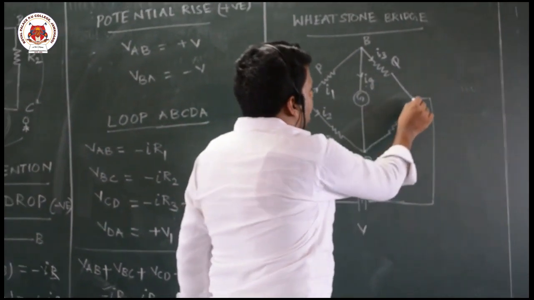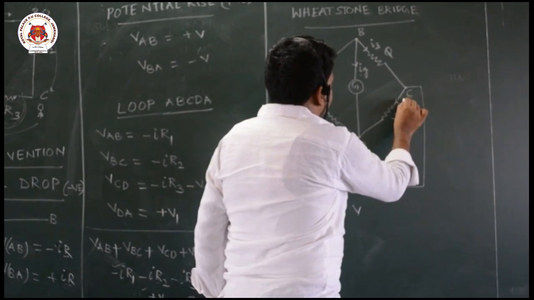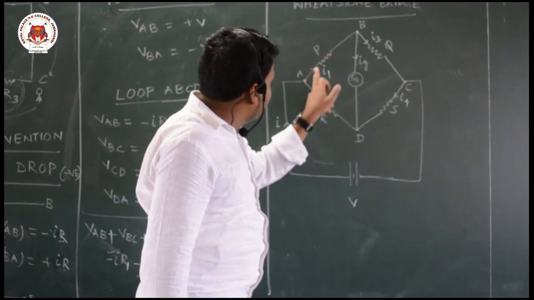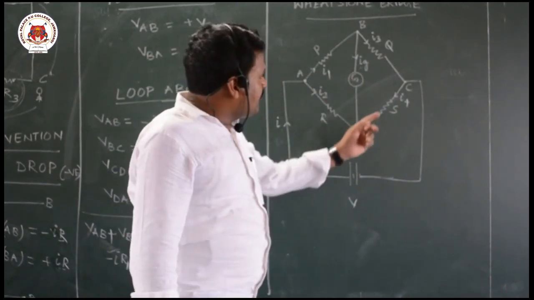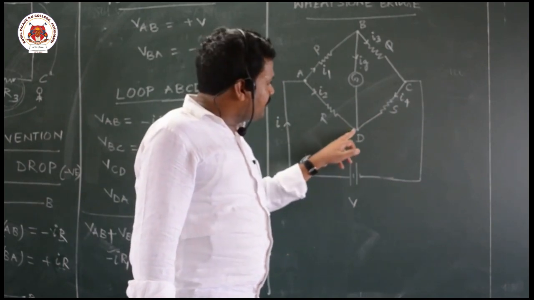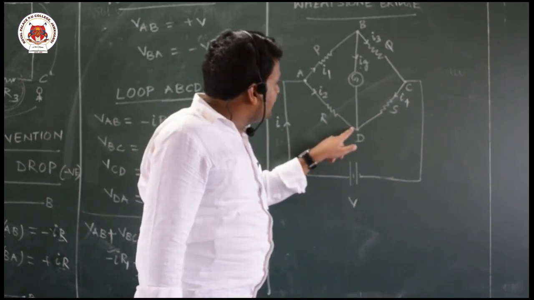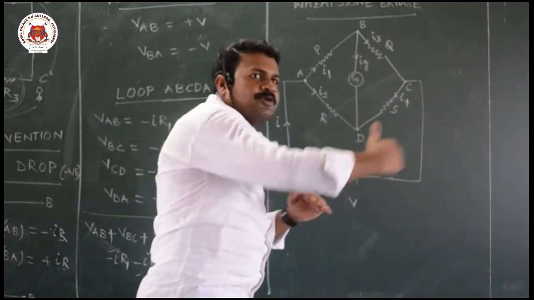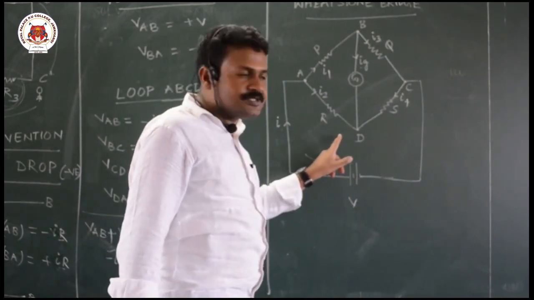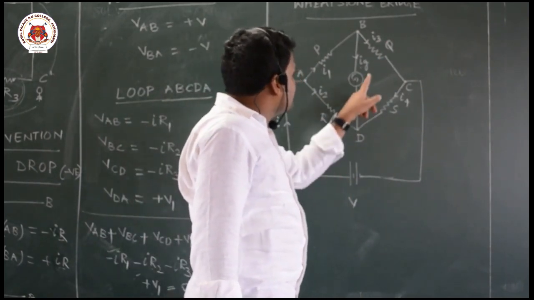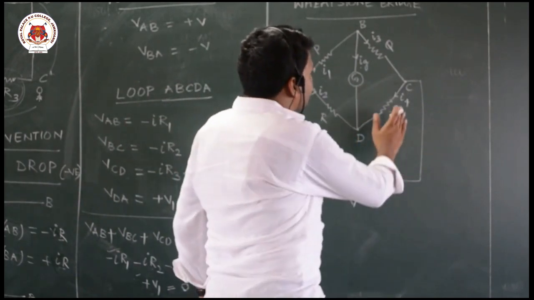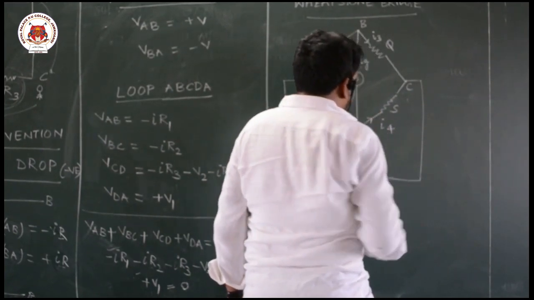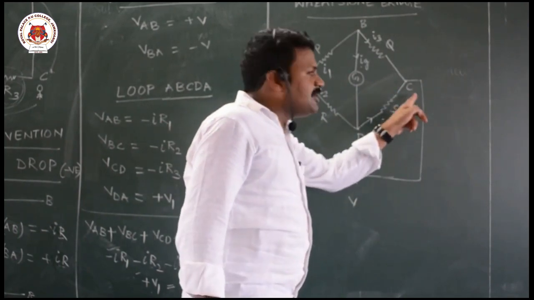So if you give the direction of I4 from C to D, it is wrong. Why? Because already Ig and I2 are reaching D. One more current cannot reach. The reason is, if current is coming, some current should leave. The same amount of current should enter the junction as leaves the junction. That is what Kirchhoff's first law says. So here I2 is reaching D, Ig is also reaching D. So I can't give the direction of I4 in this direction. Current I4 will be from D to C, but not from C to D.